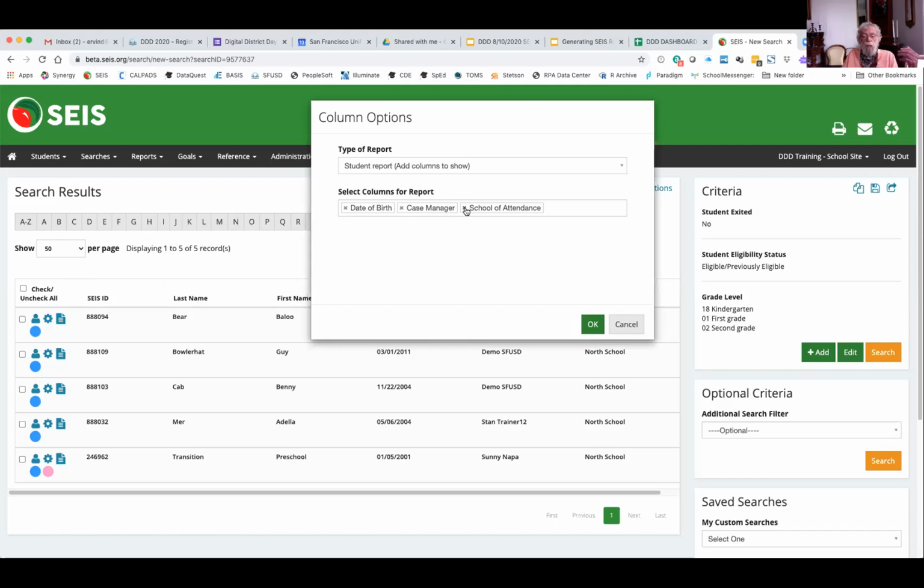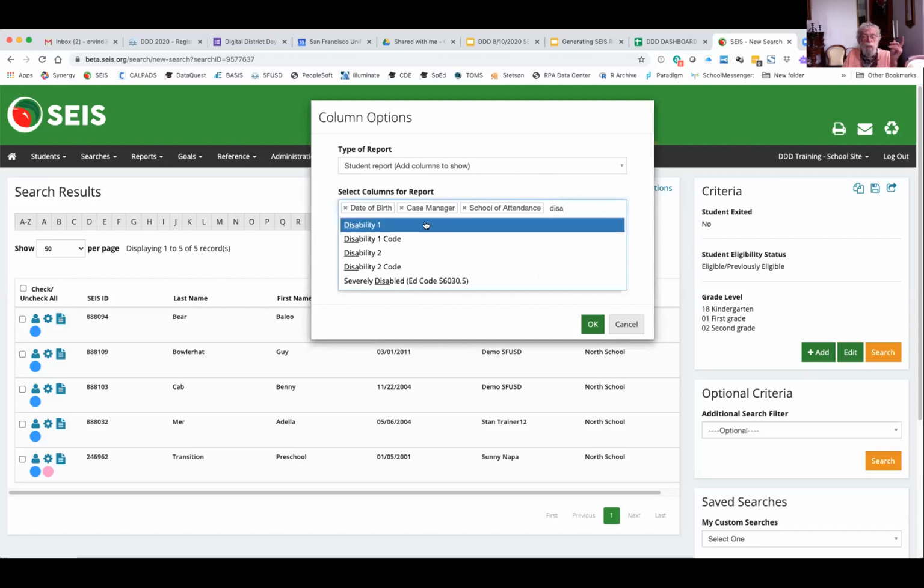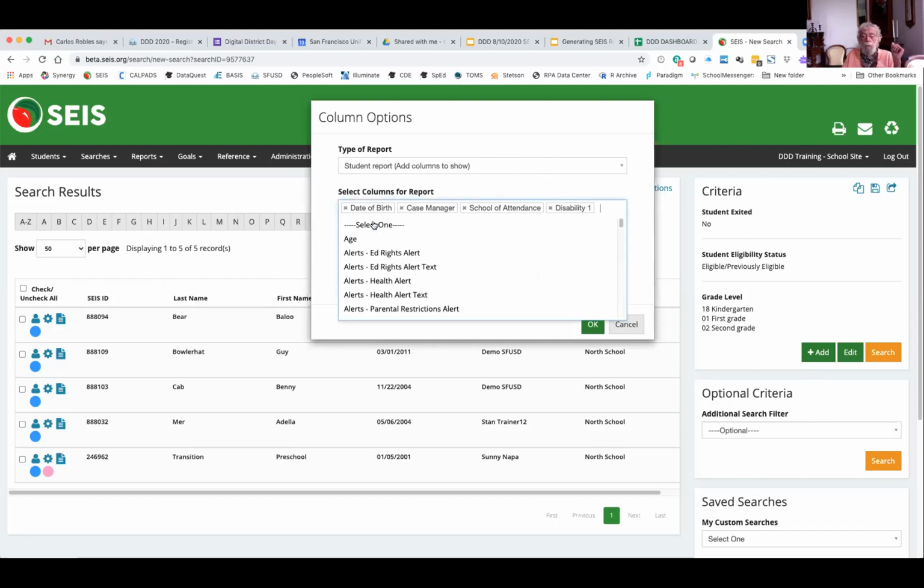School of attendance, probably don't need that because they're probably all at your school, but let's leave it in there. Additional information might be their disability. So I'll just type in disability, let's see, disability 1. That'll give you some idea about their